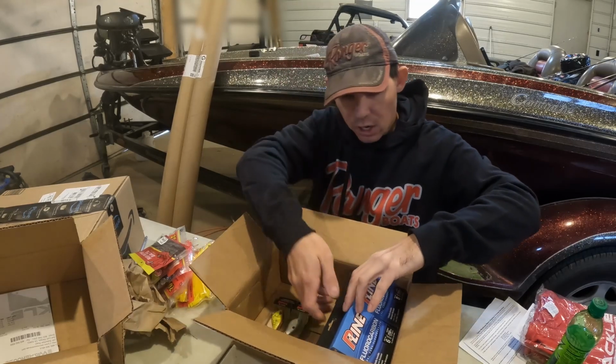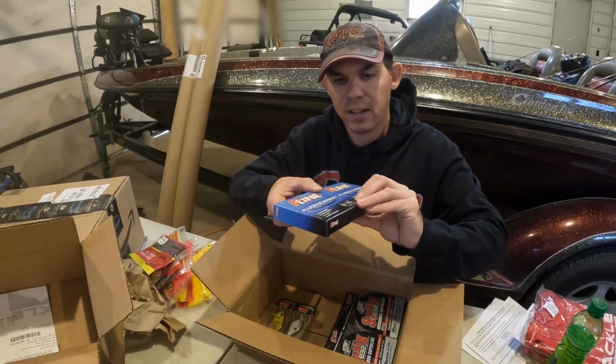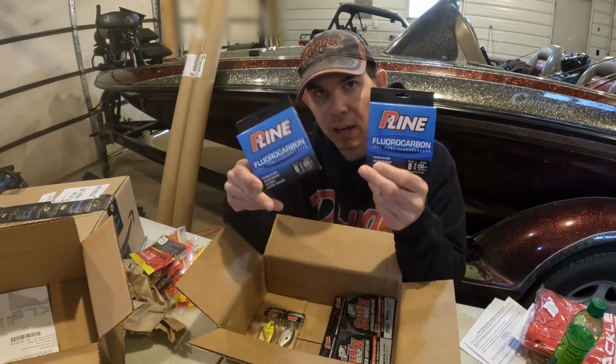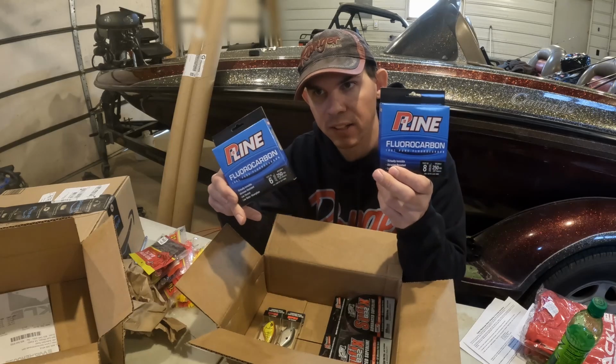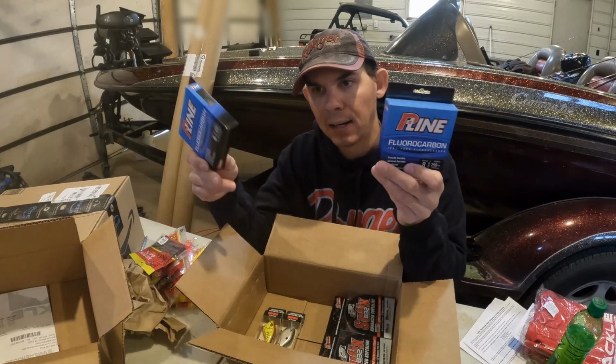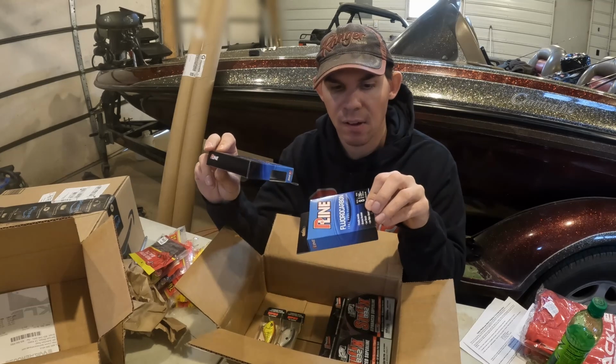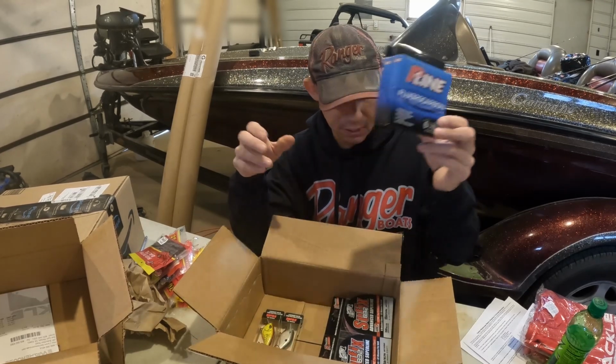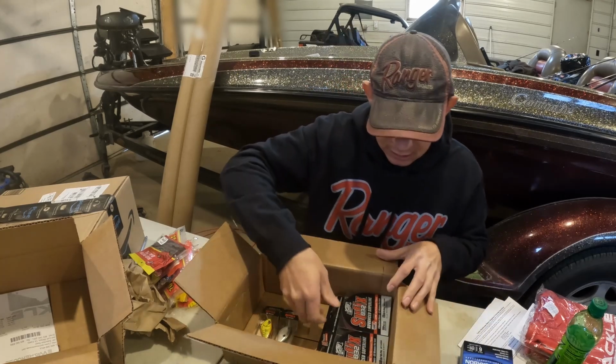Then we got some fluorocarbon here. P-Line fluorocarbon 100% in 6 and 8 pound test. My go-to drop shot leader line. Yeah, I just love how this stuff handles. Never had a breakage issue yet with the P-Line. And then